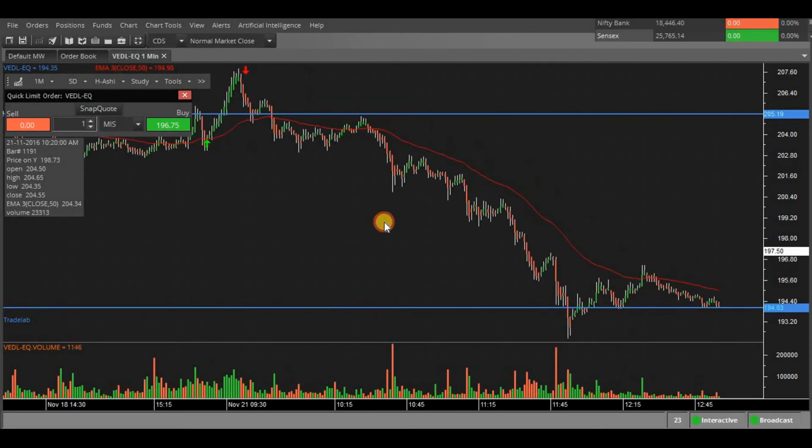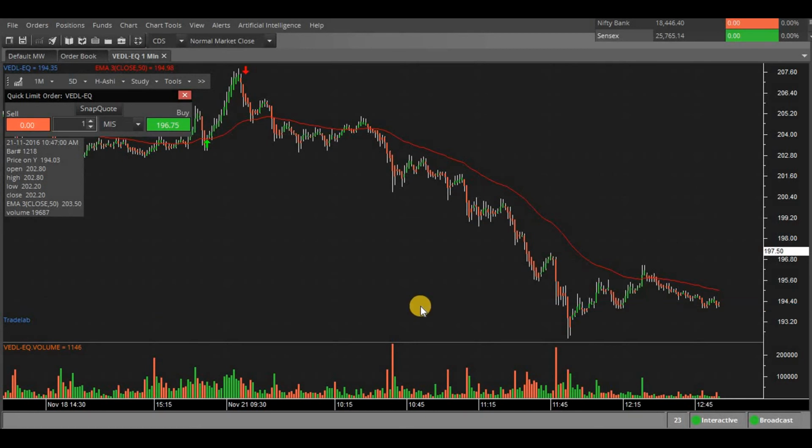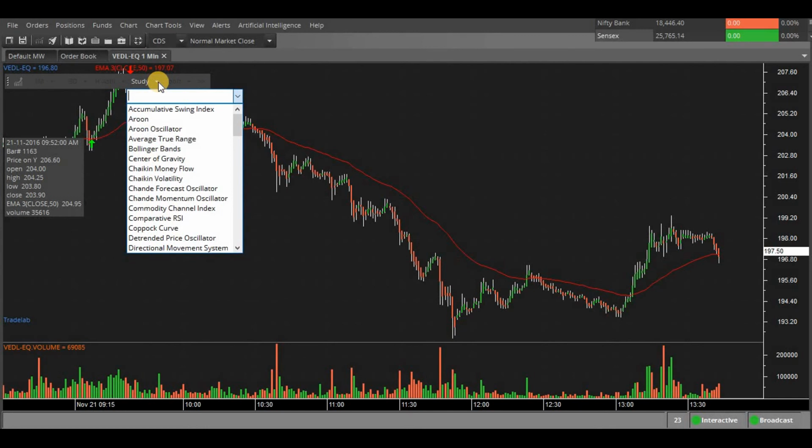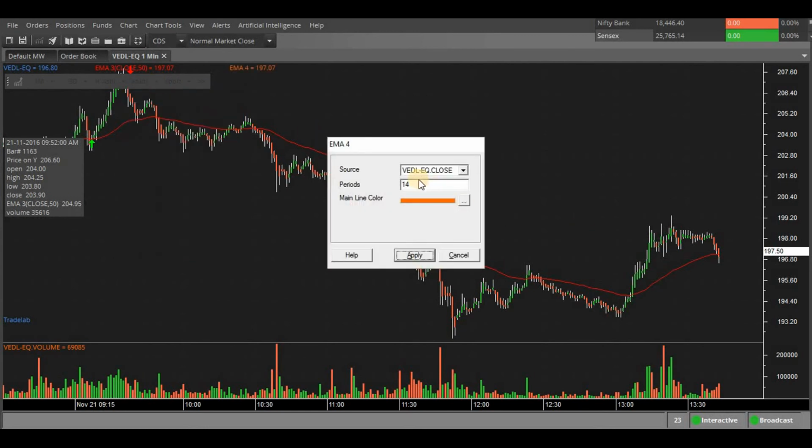And there are combinations of moving averages that everyone uses. There is the famous Donchian 5 20 EMA. There is the golden crossover of 50 and 200 moving averages. When the crossover happens you buy the stock. For example, I show you here. I take this exponential moving average 200.